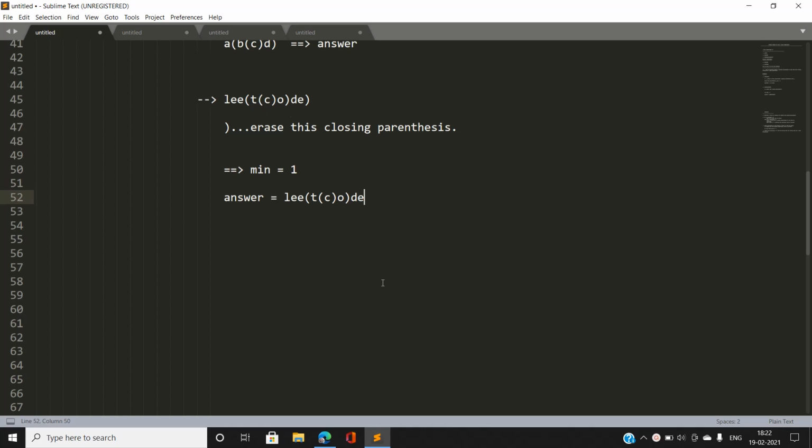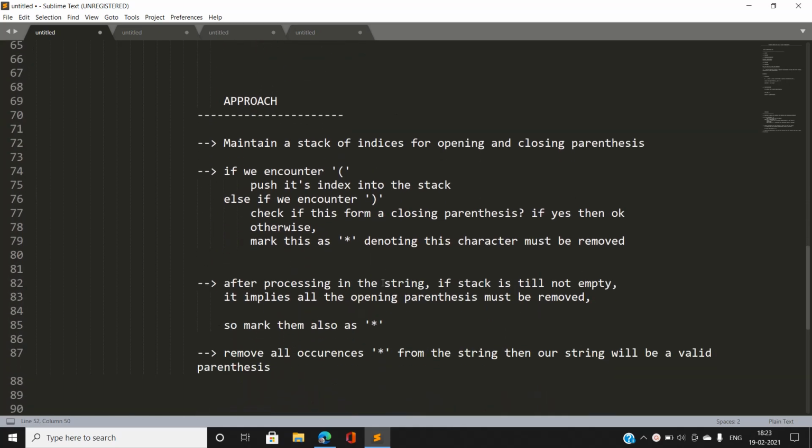So let's move on to the approach for how to solve this problem. Basically, to remove the parentheses whenever we encounter a closing parenthesis, I am going to maintain a stack. This will be a stack of indices, not for closing parentheses, only for opening parentheses.